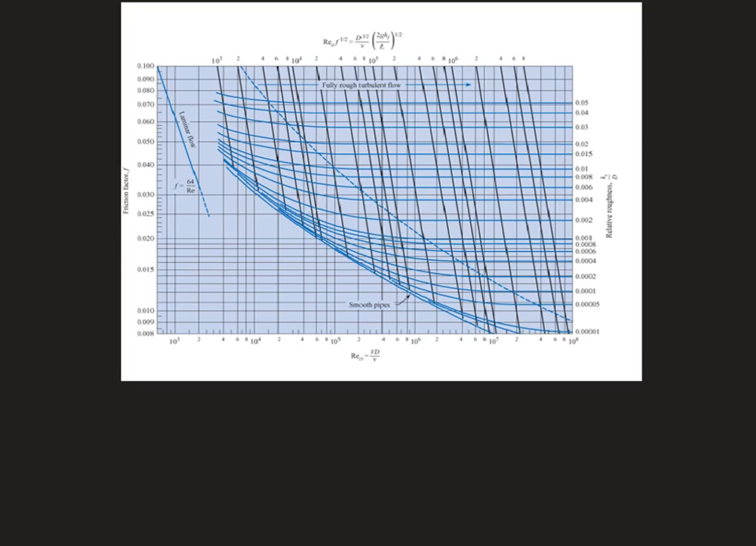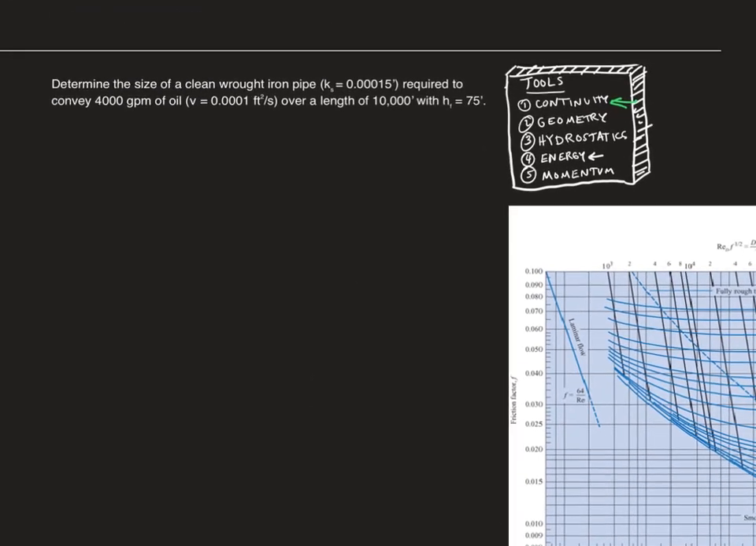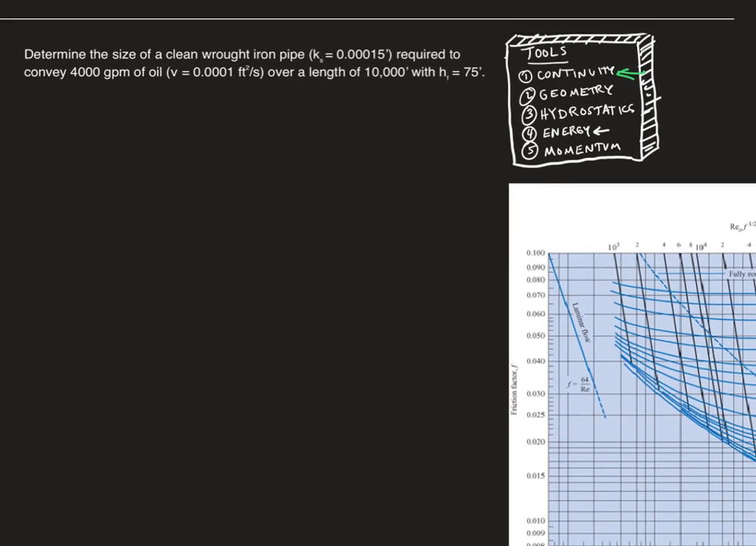So let's go back over here and look at this problem. This is the type of problem that we're training ourselves to do. This is a design problem: determine the size of a clean wrought iron pipe. It gives us the sand roughness factor required to convey 4,000 GPM, so we know Q, of oil,